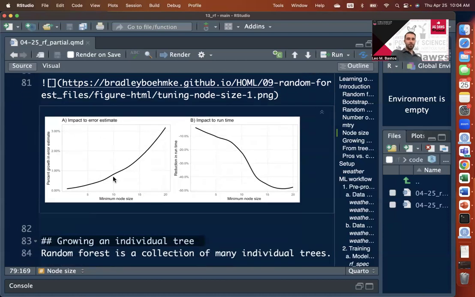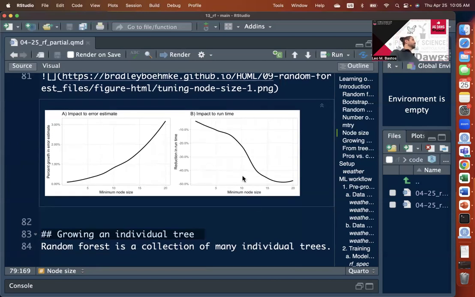So here's an example where you have how much your error rate is increasing on the y-axis and how much your minimum node size is increasing. So a low minimum node size creates a very complex, deep tree. A higher node size creates a shorter, simpler tree. So we see here that the change in error, even though this curve looks kind of dramatic, if you look at the y-axis values, the change here is going from 0 to 3%. So you're increasing your error to a maximum of 3% in this example,